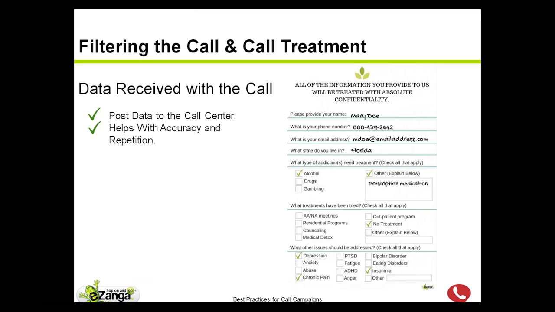So they don't have to backtrack. They can continue with the flow, and again, it's all about user experience. You want to increase your conversions. You'll see that they'll definitely increase when somebody doesn't get upset that they have to repeat the information that they, A, already filled out on a form, B, already told to one person doing the warm transfer, and now they have to do it a third time. That's probably where they're going to draw the line sometimes.